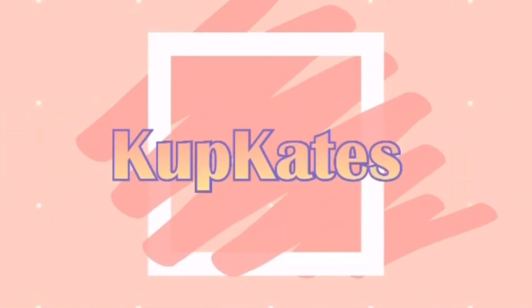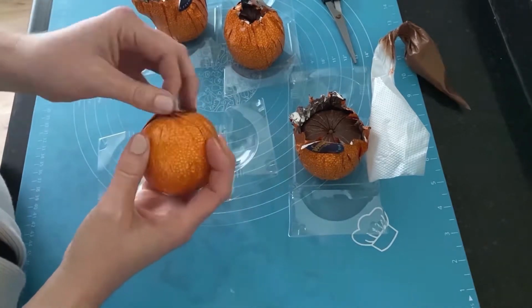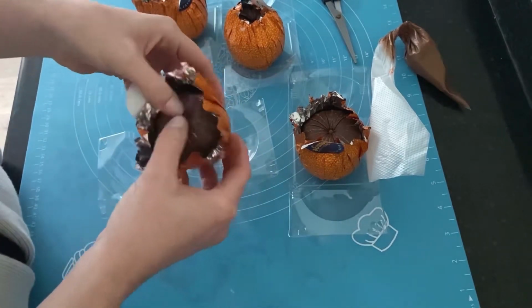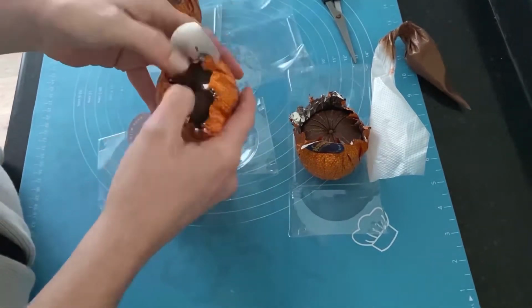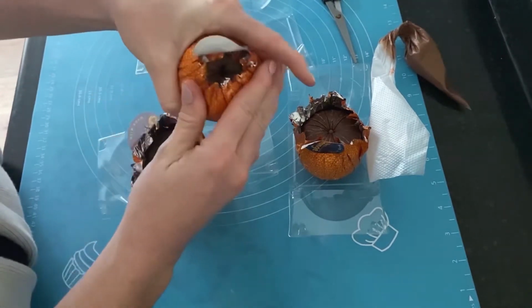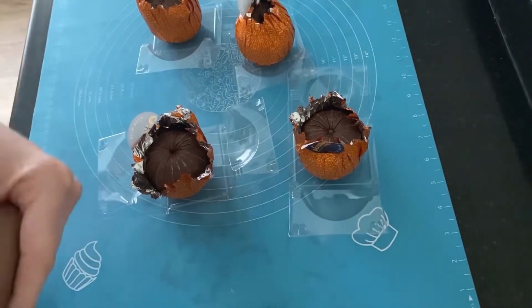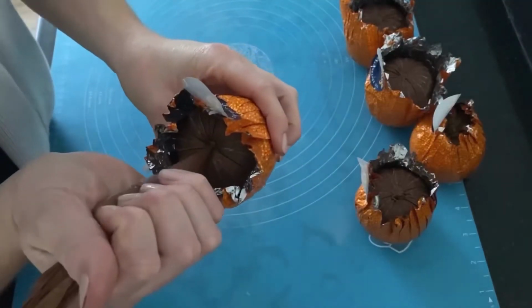In today's video I'll show you how I created this narwhal using a chocolate orange. I started by prepping the chocolate oranges, and I did this by melting down a little bit of chocolate and popping it in a piping bag, and whichever orange had loose segments I just kept it in the wrapper, cut the tip off the piping bag and inserted some of that melted chocolate all the way through and left them